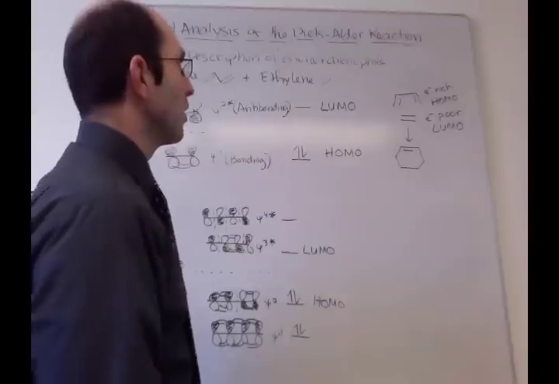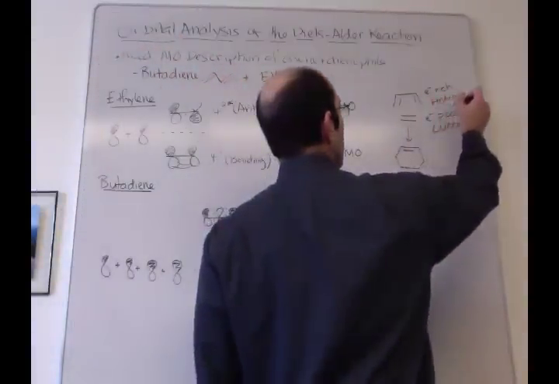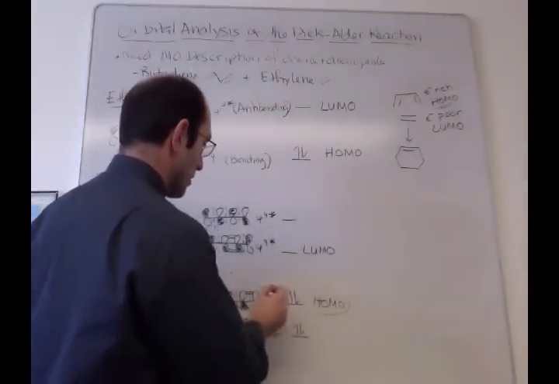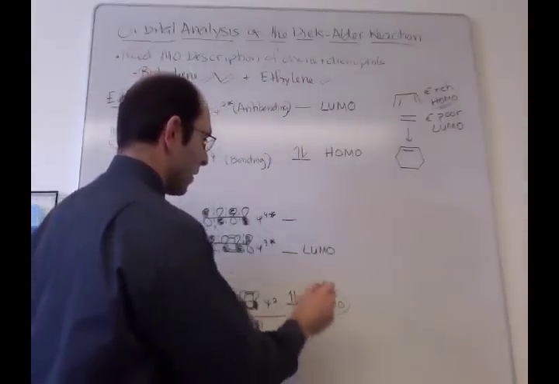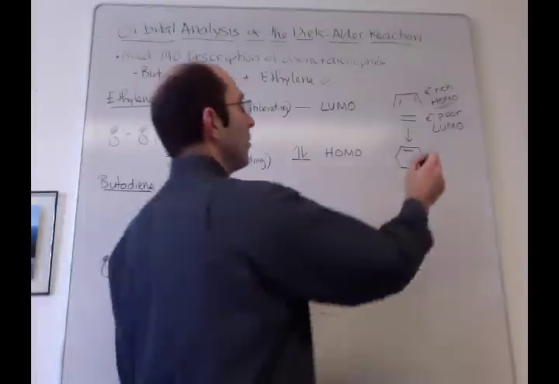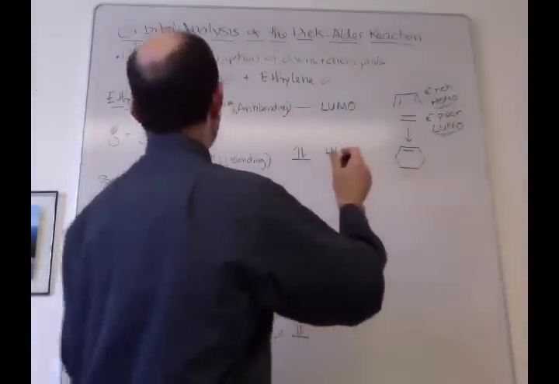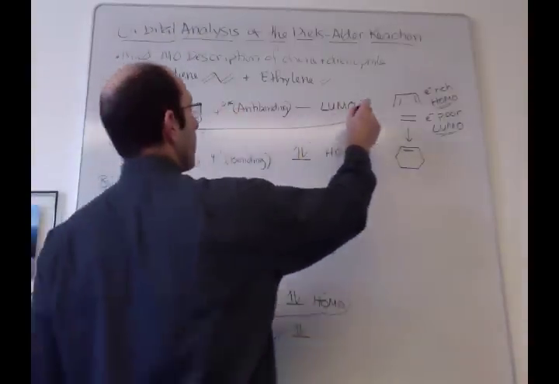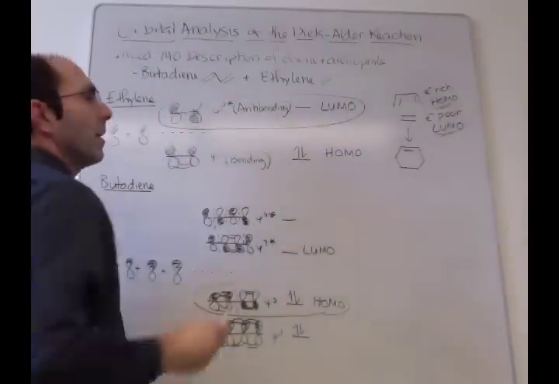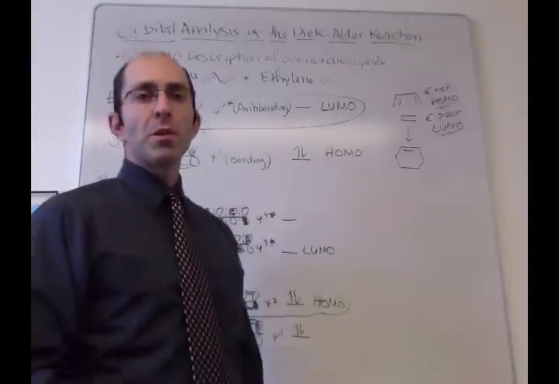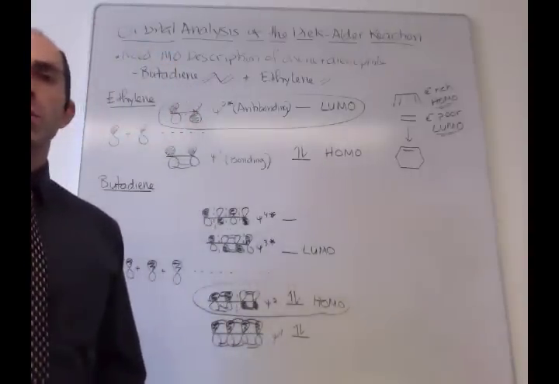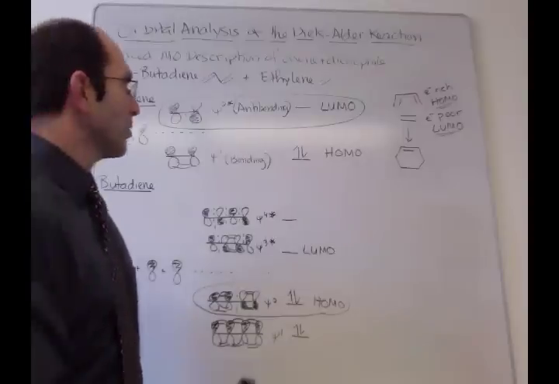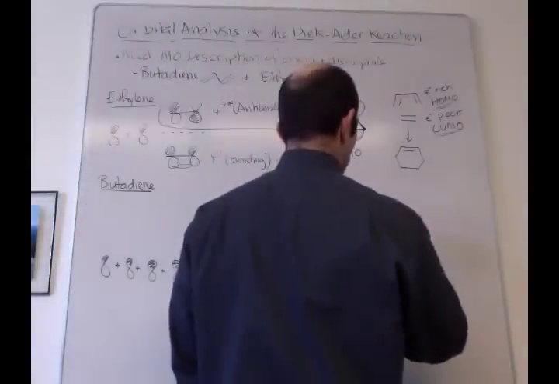So in this case, we're going to look at the HOMO of the diene, right? So that's going to be right here, psi 2, interacting with the LUMO of the dienophile. That's also psi 2, so we're going to be here. Right? And again, remember, when we're doing these cycloaddition reactions, they're always a reaction between a LUMO and a HOMO. And so here's what it's going to look like for us. We're going to draw out